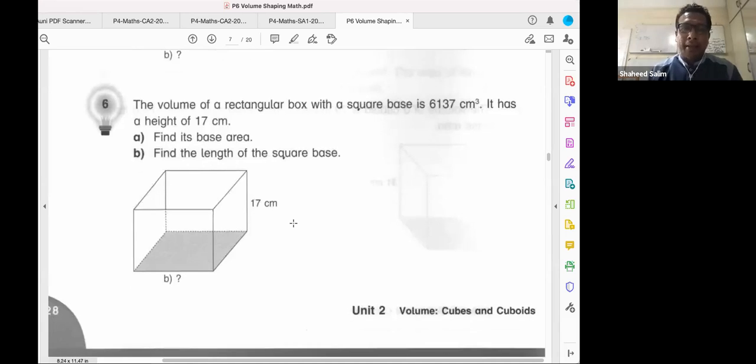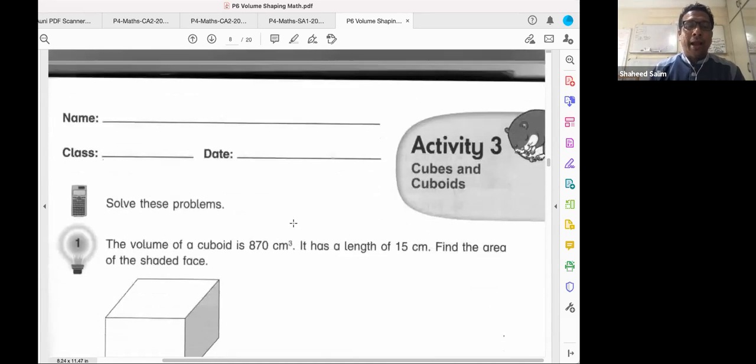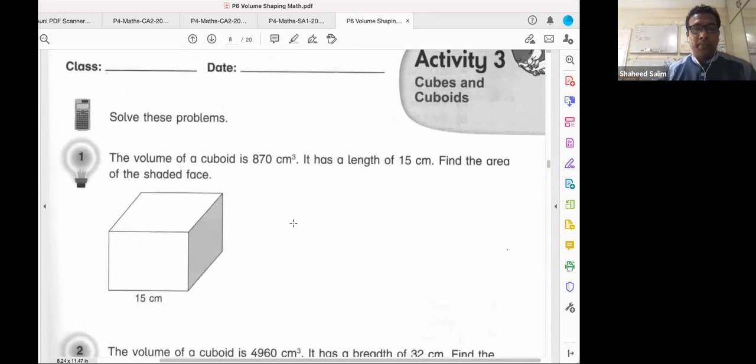We're going to ask you later. Okay, now cubes and cuboids. Okay, we try this one. So they want you to find the area of the